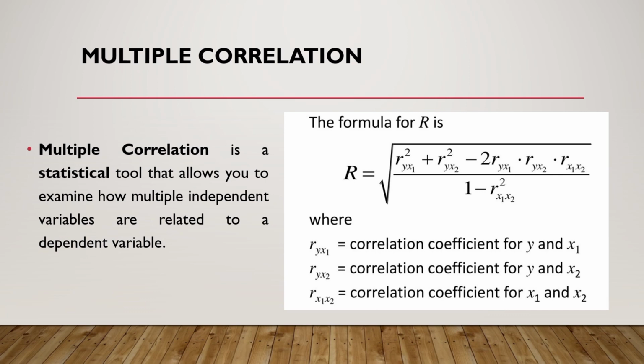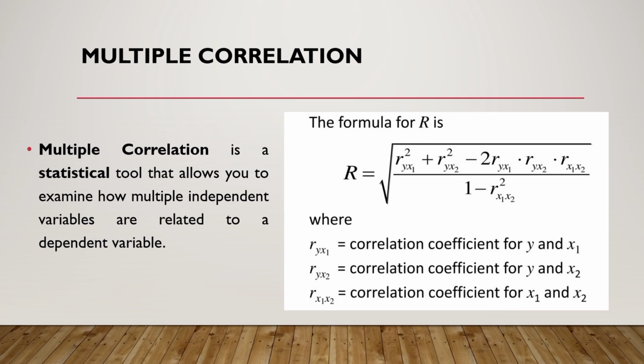When we say multiple correlation, it is a statistical tool that allows you to examine how multiple independent variables are related to a dependent variable. The formula for the multiple correlation coefficient R is the square root of r sub yx1 squared plus r sub yx2 squared minus 2 r sub yx1 times r sub yx2 times r sub x1x2, all over 1 minus r sub x1x2 squared, where